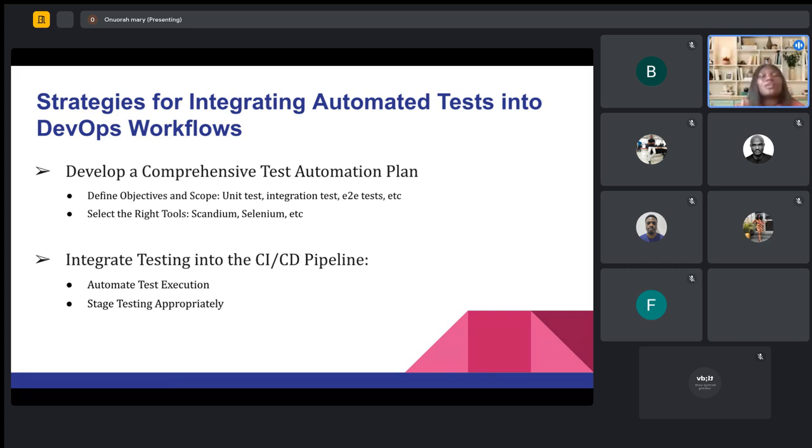You have to make out time and plan what you intend to achieve by automating your application. Check the scope of what you want to automate. It could be unit tests, integration tests, end-to-end tests, API tests, whatever type of testing. It's left for you to decide.